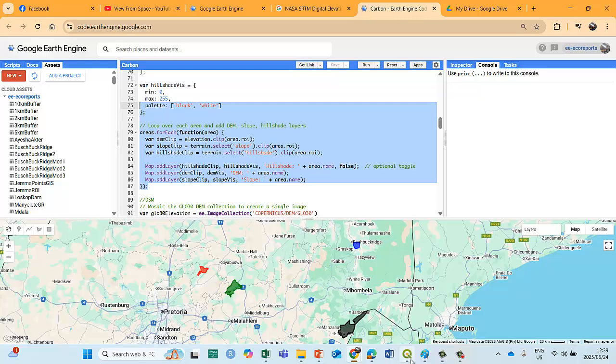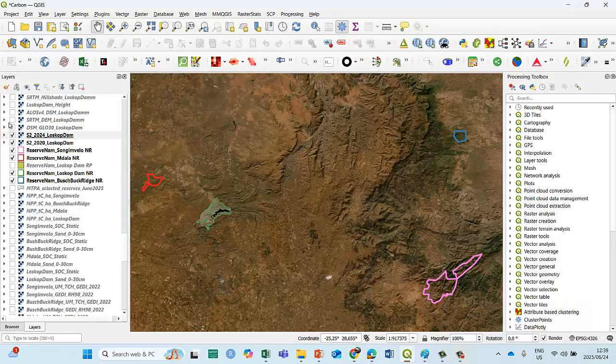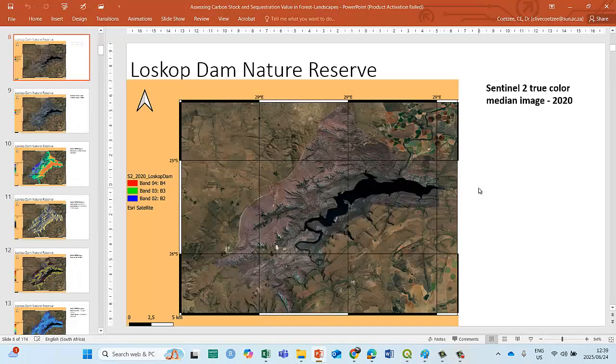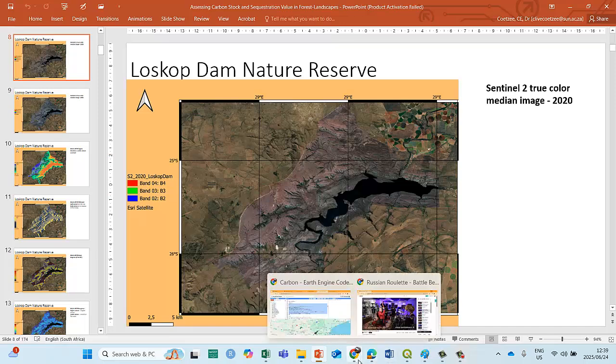Now, in QGIS, as I said, we've got it. There they are. But I'm going to go into my presentation. Okay, so let's have a look at it. Remember, I'm just going to focus on Loskop Dam, for example. There is the true color image in 2020. We've done it. Just remember, Loskop Dam.